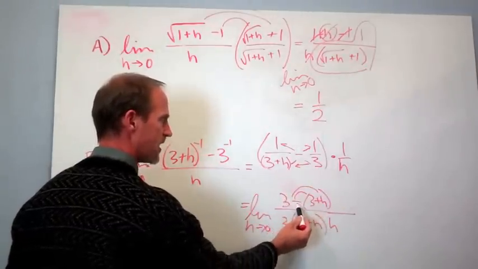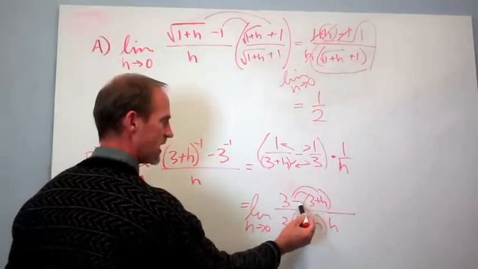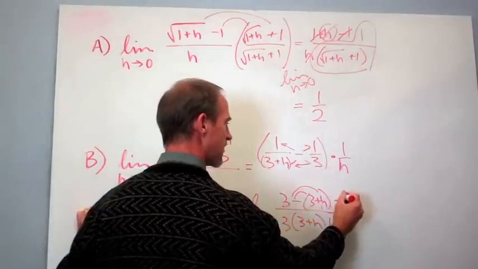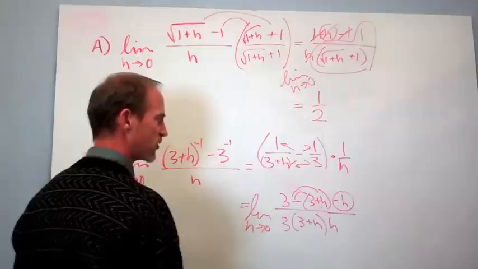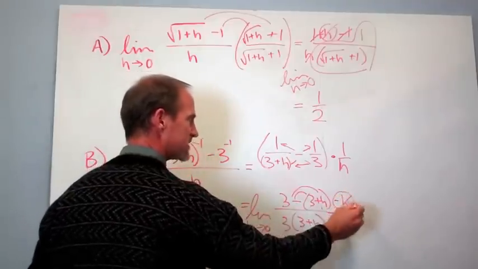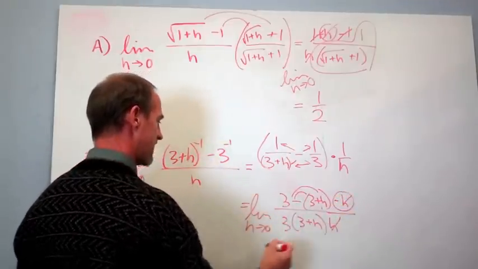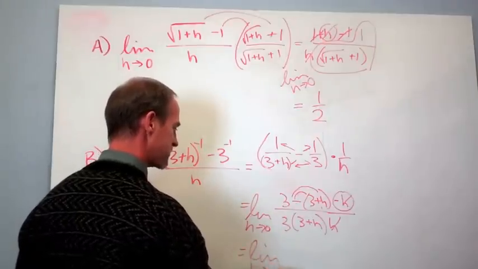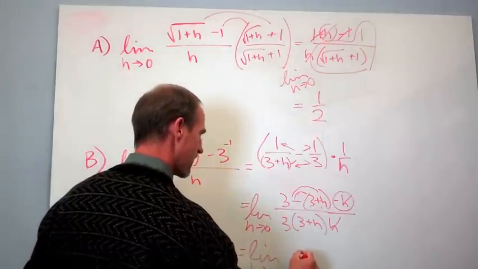And then 3 minus 3 is 0, and a minus h is left up above. So this just equals minus h. All right, that's my numerator. I can cancel that minus h with my h, and I now get a new limit, which I can use the direct substitution method in, and it is